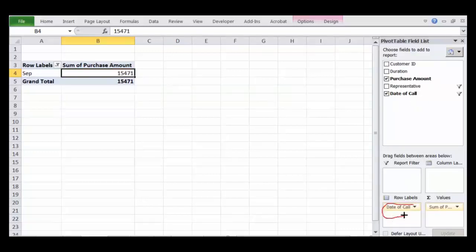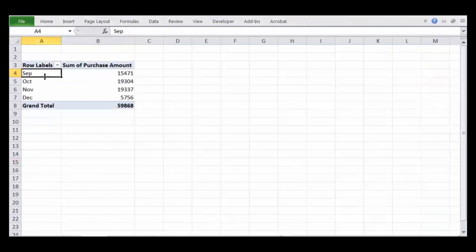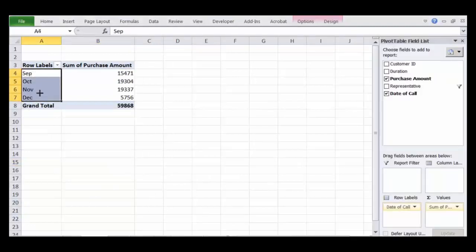The row labels are the date of call, and here is the purchase amount. Let's say we remove the filter, right? So these are the values for September, October, November, December. We are trying to understand how much sales is happening in each month.